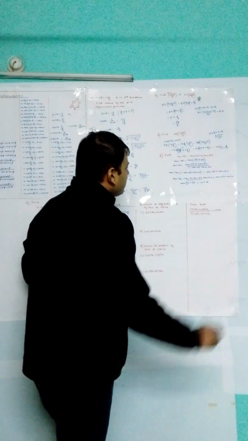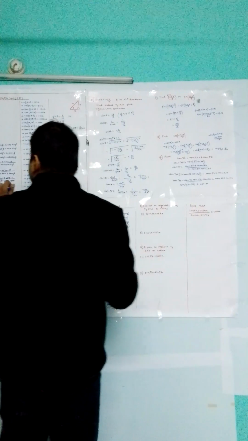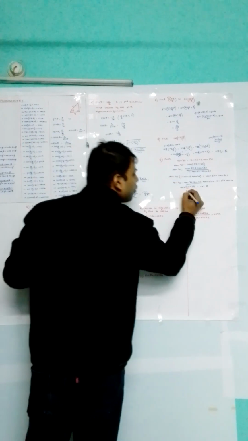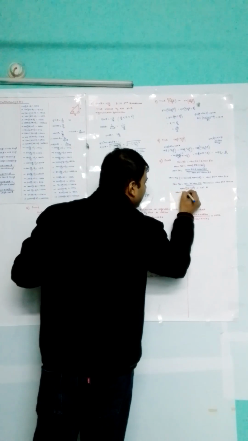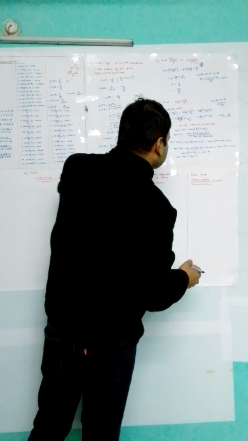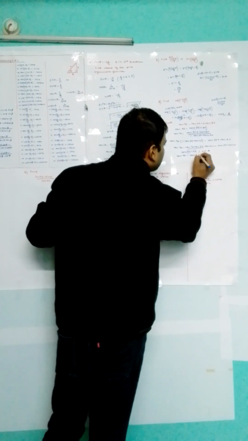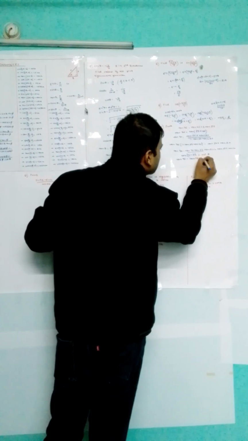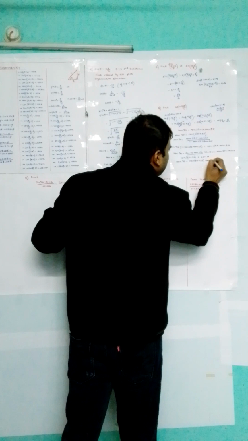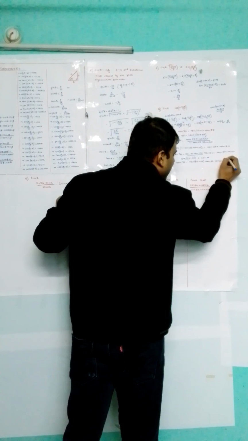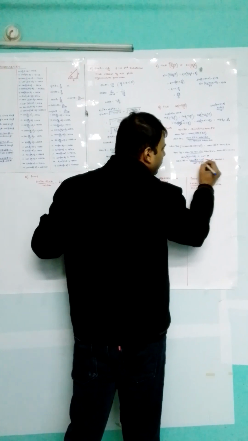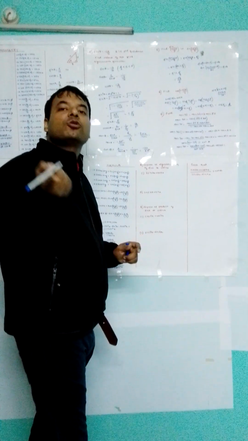So what will happen, tan(pi/2 minus theta), it will be written somewhere. Tan(pi/2 minus x) equals cot x. So it will be written as tan 70 minus tan 50 ... 90 minus 20 ... into tan 50 degree into tan 20 degree. We are not writing RHS here. This will become cot 20 degree. Now cot 20 into tan 20, cot theta into tan theta equals 1.